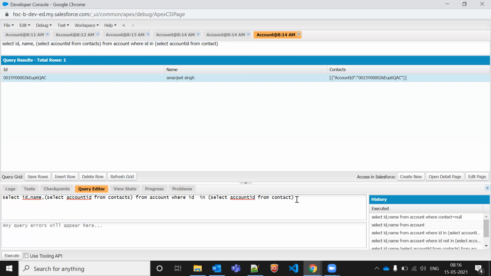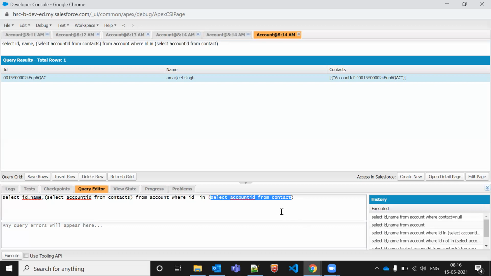Understood or not? Kumar? No, I didn't get why you write select account ID from contacts in the first bracket. Because it is what it is returning now. Tell me what is the result of this?